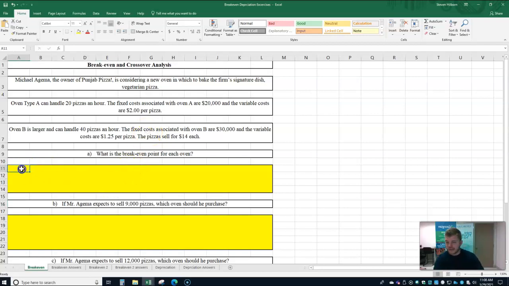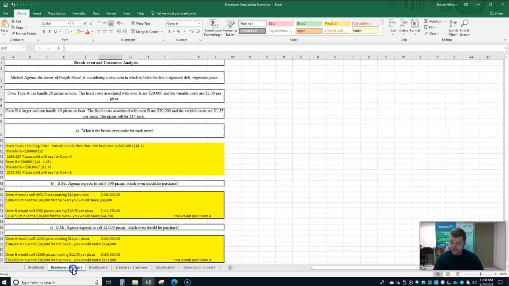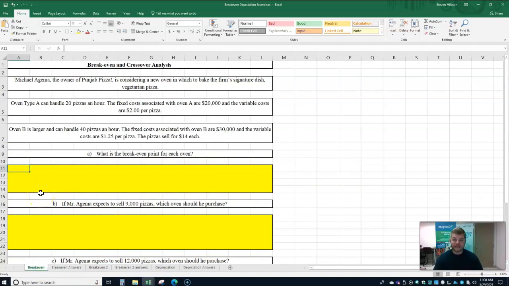So if we look to our first answer, first we want to look at what is the formula for break-even analysis. And it is fixed costs divided by selling price minus variable costs. Now this is assuming we're only selling one product. So here you want to say, okay, so for oven A